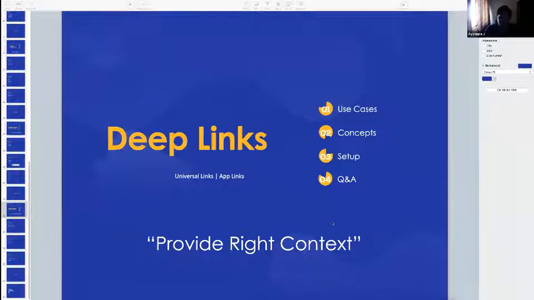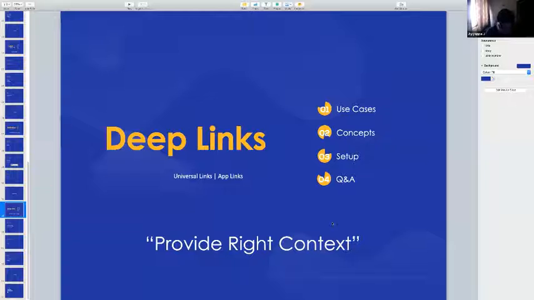Okay. So deep links. Deep links are basically a way to provide the right content. To give an example, you will get an invite from your friend saying, hey, play this chess game one-on-one. Assume that you got an invite from your friend who is playing carom pool: okay, let's play a one-on-one game.